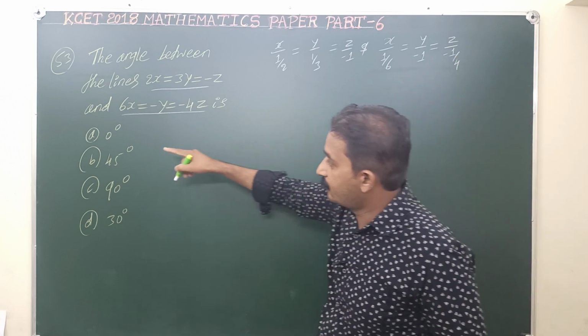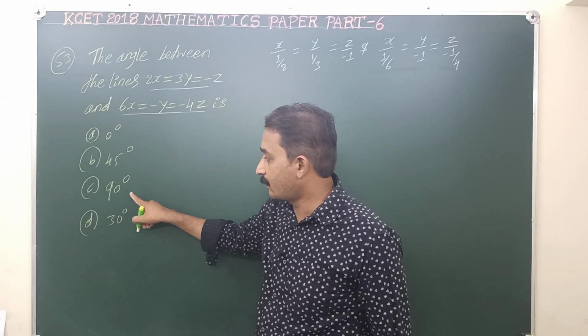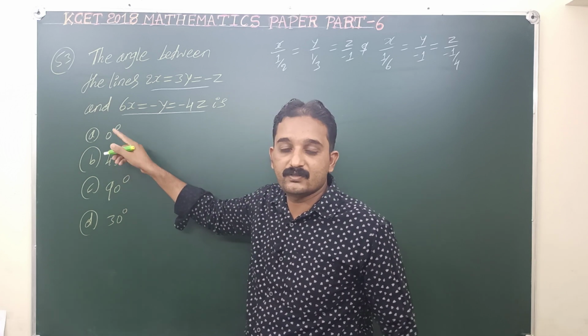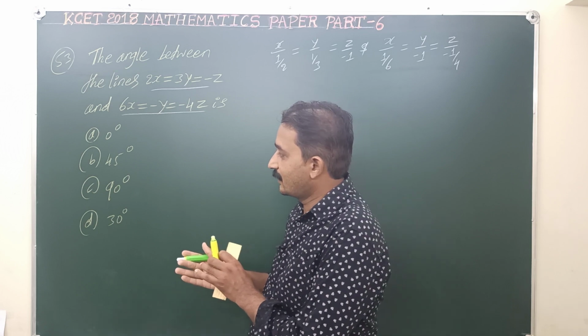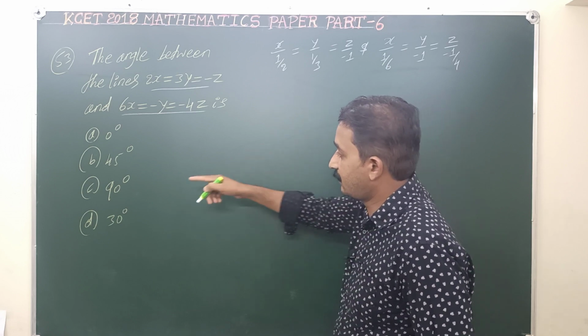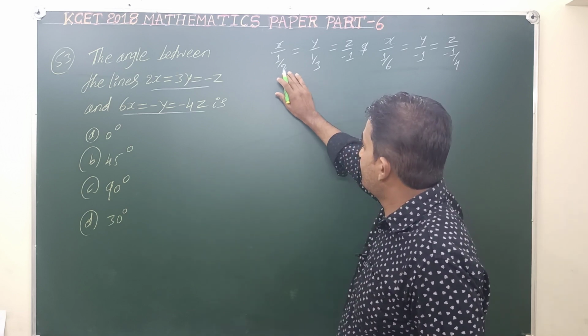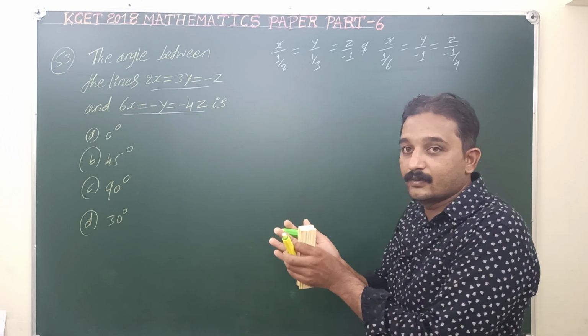Here in the options, 0 degree and 90 degree are there. This is perpendicularism, this is parallelism. First we have to check perpendicularism and parallelism; otherwise you can find the angle between them using a formula. So in this case, first check perpendicularism. Perpendicularism means what? The sum of the product of the direction ratios of these two lines becomes